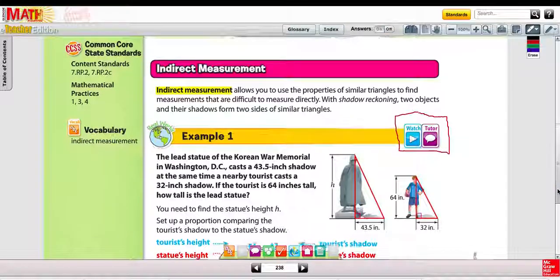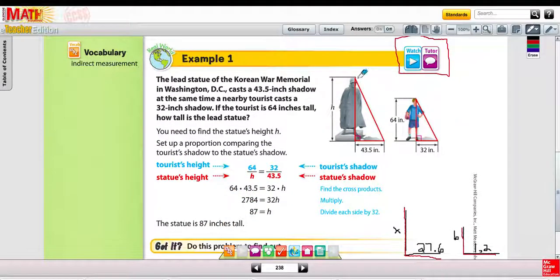So notice at the example 1, you have some images of a statue and the shadow that it casts, and then the size of you and the shadow that you cast. And in both situations, you create this right triangle that we can use to set up a proportion and solve for a height that we can't measure directly. So we have the tourist height over the statue height equals the tourist shadow over the statue's shadow. And again, we have a proportion with an unknown, so we can cross multiply and divide to find out how